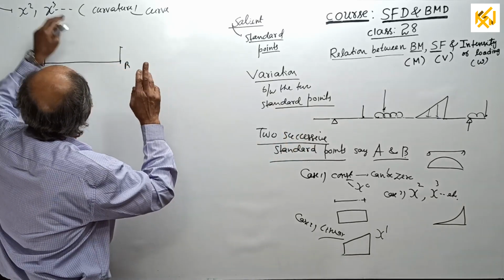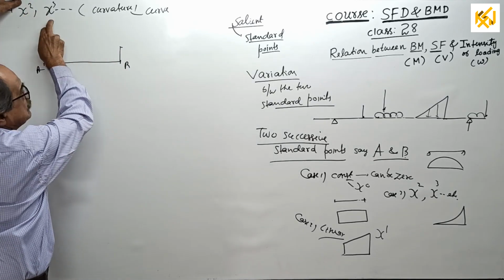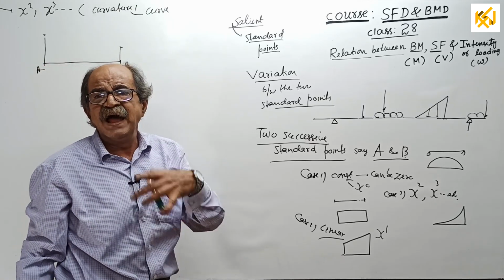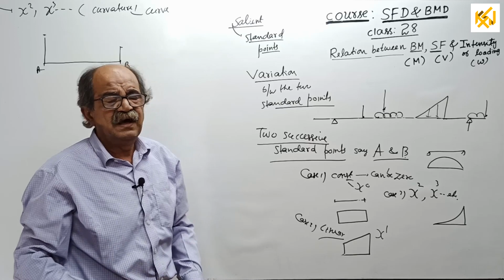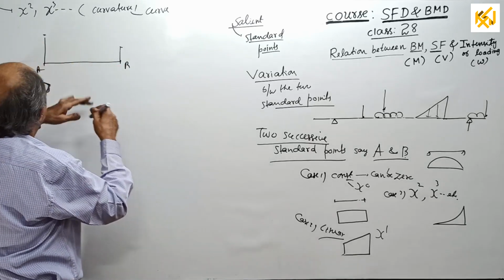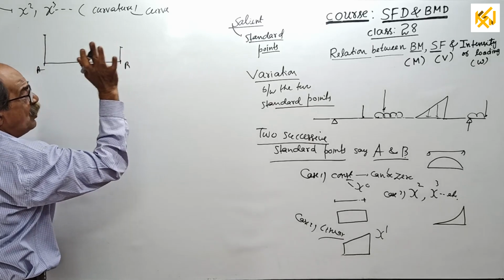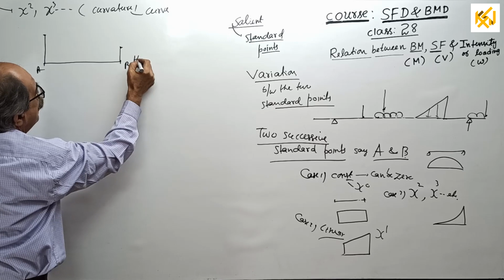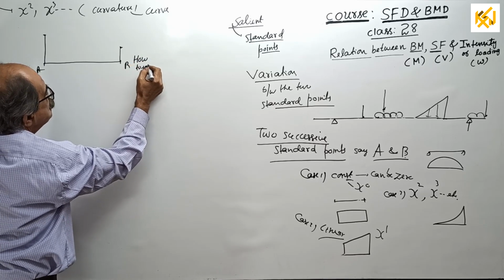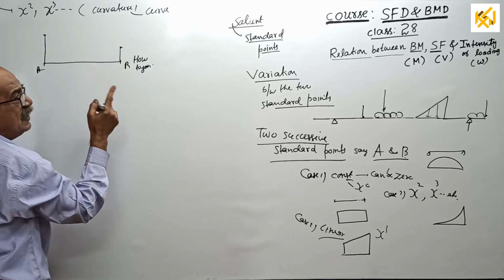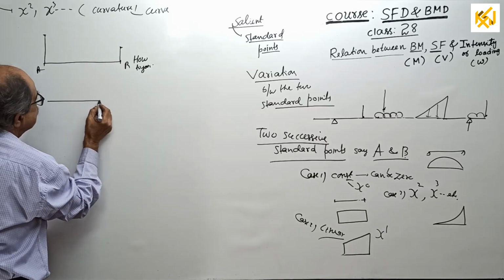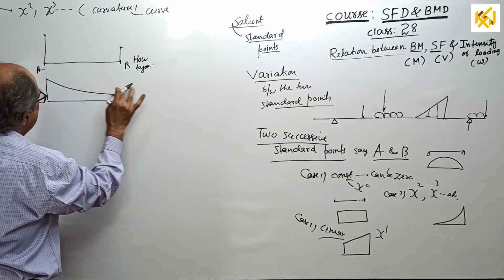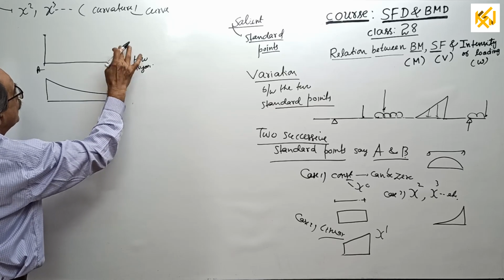Now, we are discussing the case of x square or x cube, meaning either a parabola of second degree or higher degree. That is not required for us; you worry about that later when you go to the particular case. Now, curvature is important. How to join the value at A and the value at B? There are many chances. One chance, I will write here: you can join this way. The curvature is a little reduced here, but no problem.